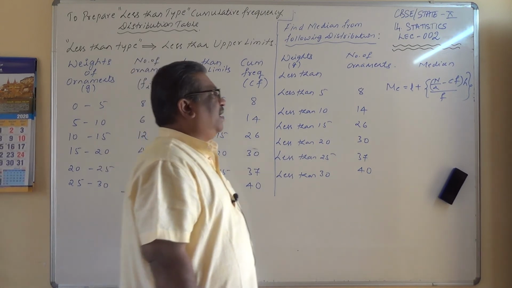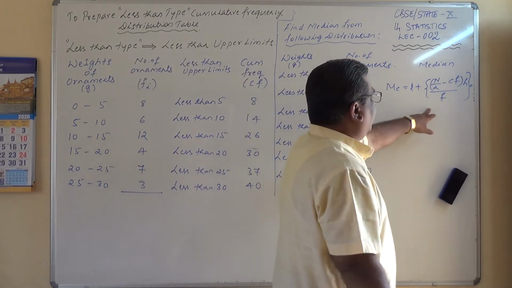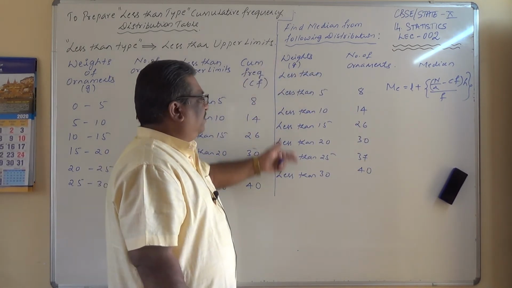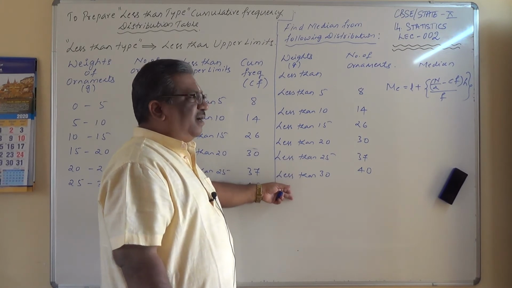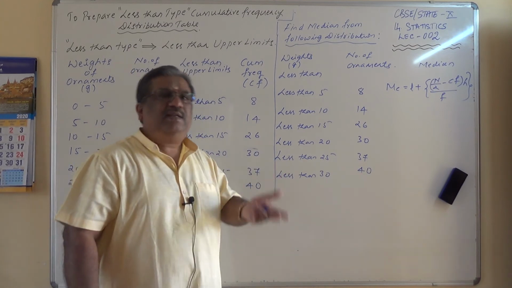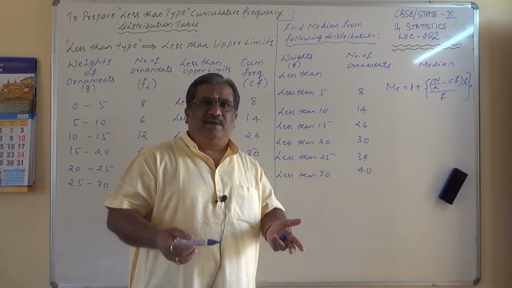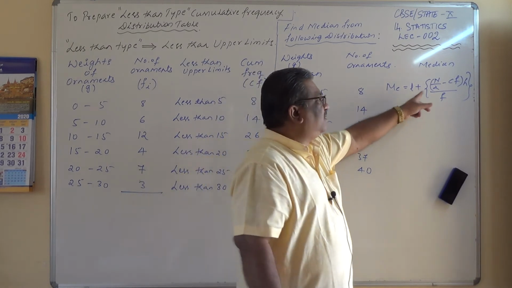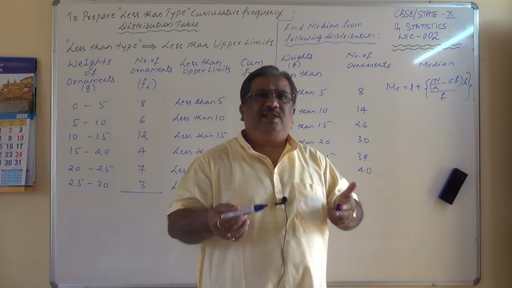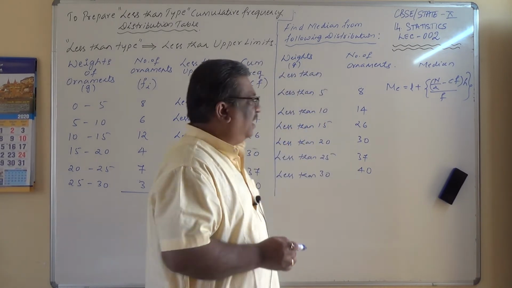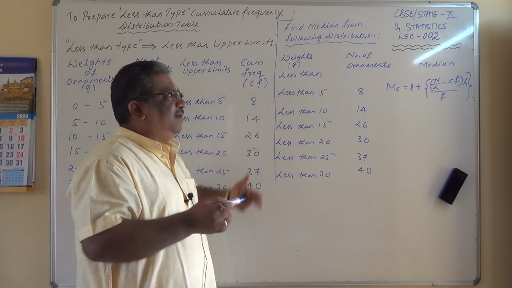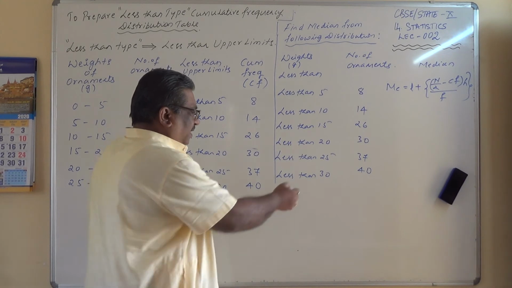So unless we have a class intervals and frequency table, it is not possible to find out the median for a given distribution. So this is the given distribution, and from this I have to prepare a chart that contains the class intervals, the frequency and the cumulative frequency, because cumulative frequency is a must in order to find out the median, because this CF is to be extracted. CF is nothing but the cumulative frequency just preceding the median class, isn't it? Let us see how to prepare from this the required chart to find out the median.